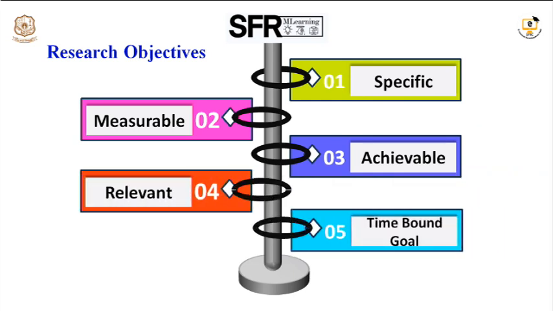So what are research objectives? Let's see in detail. Good research objectives provide direction and focus for the study and help to ensure that the study is feasible and achievable. This is an example of research objectives, and those objectives should be aligned with the research design in order to ensure that the study is feasible, relevant, and focused. Finally, the research design should be based on the research questions which are relevant to your field and objectives, and also should allow for the collection and analysis of the data needed to answer the research questions.